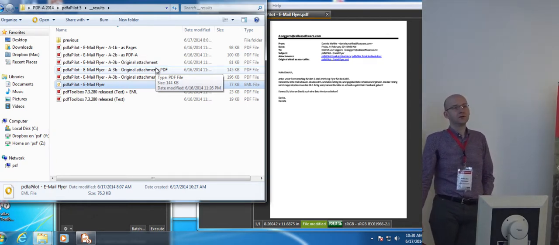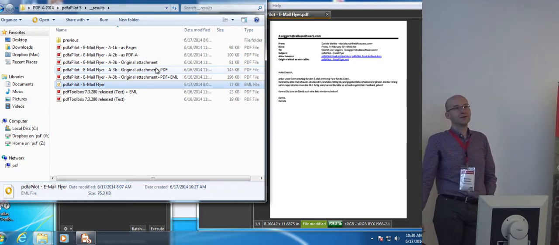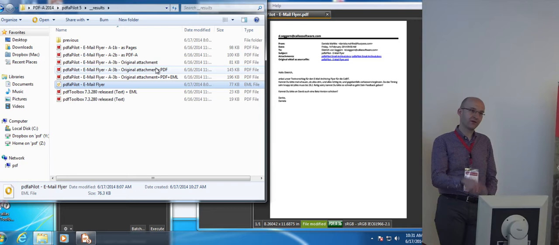What kind of formats can your software handle automatically? We support message formats, of course, images, and PostScript EPS. For Office conversion, we are using Microsoft Office or OpenOffice installed on the system. We don't have our own converter because we said it makes more sense to let them convert.